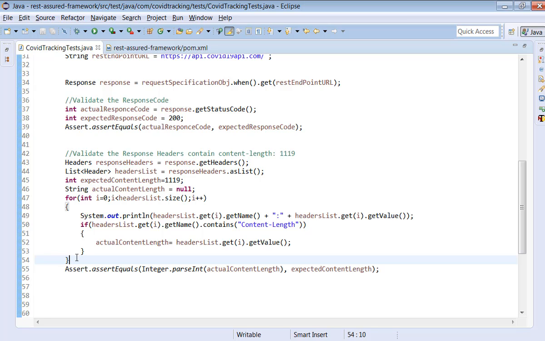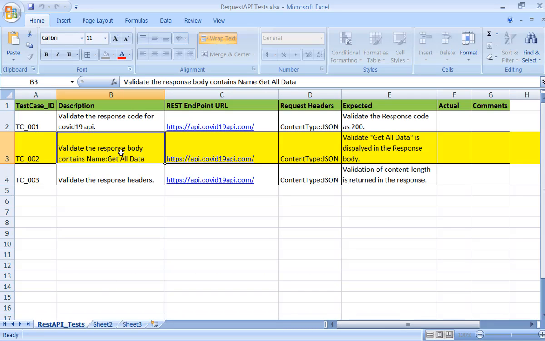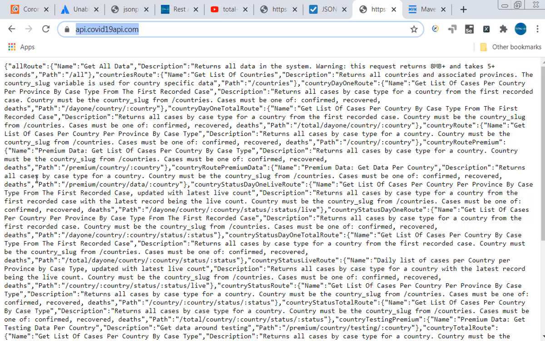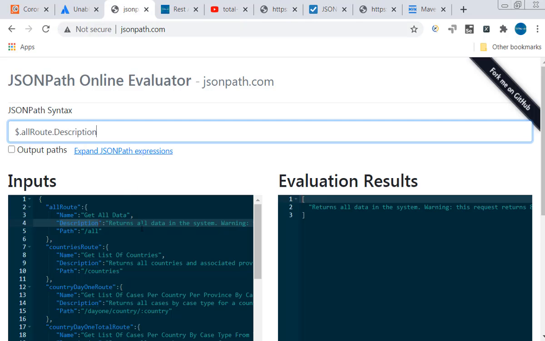The third important validation is how do we validate the response body? See here, the response body, this is very important, right? How do you validate that the response body contains the name get all data? Now, let's recollect what we discussed for JSON path.